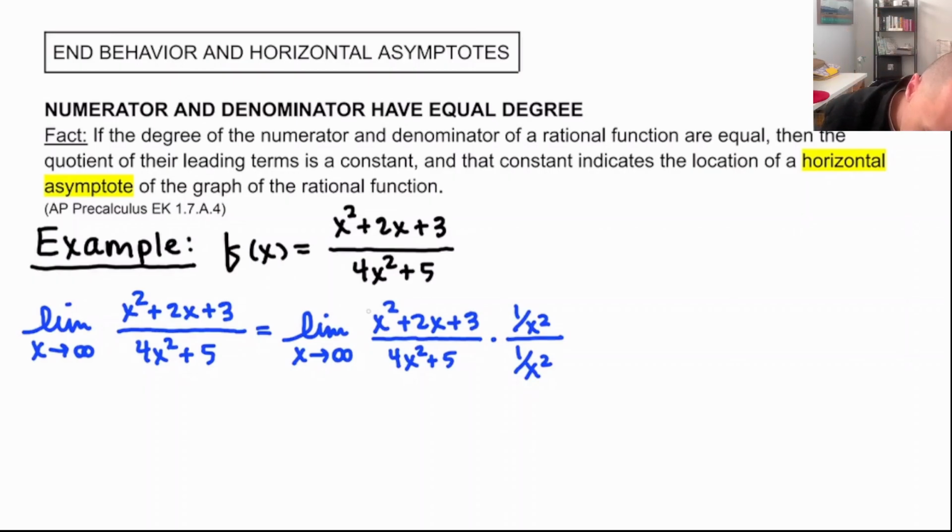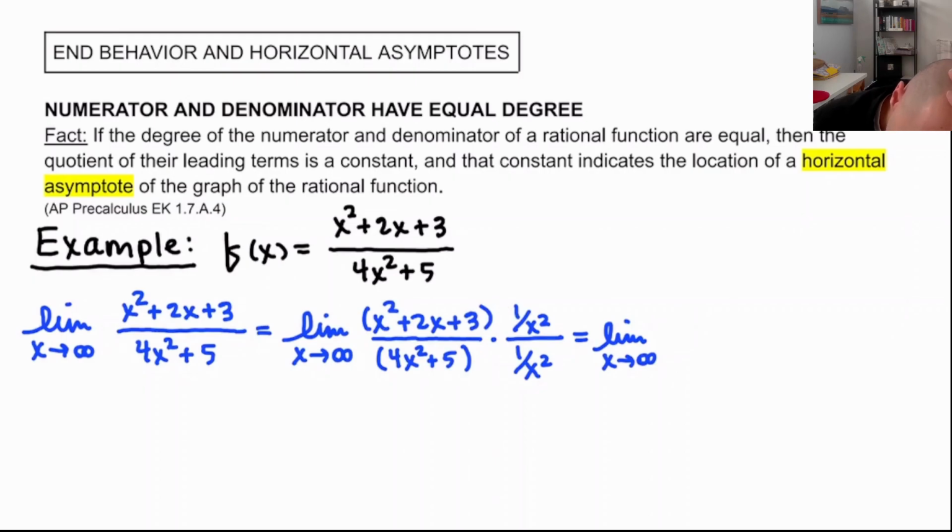The special form of 1, if you want to show this to be true, is always going to be 1 over the biggest power of x that you see in either the top or the bottom. Now, the biggest power I'm seeing is x², so I'm going to divide all the terms on top and bottom by x². And so I need to distribute that 1 over x² to each of the terms as I go through. And so I'm going to say this equals the limit as x approaches infinity of,